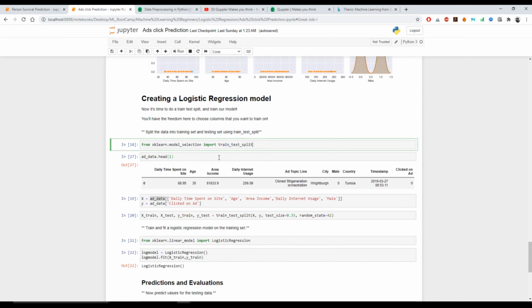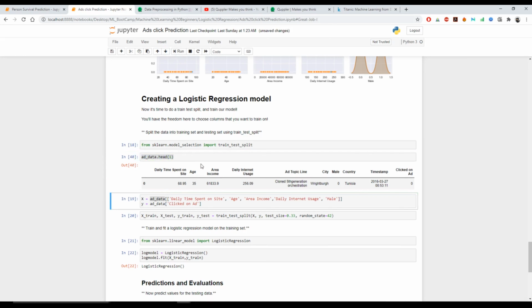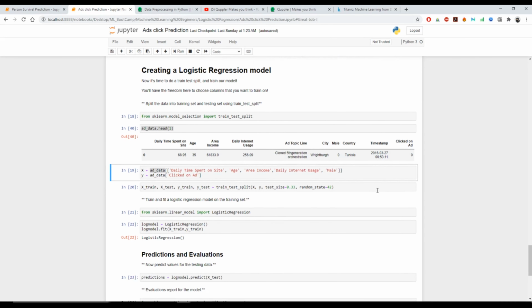So first, I'm going to check my data set and see the columns. Before doing that, I'm going to see which columns are necessary for me to use, the relevant columns which I can use to test and split my data.